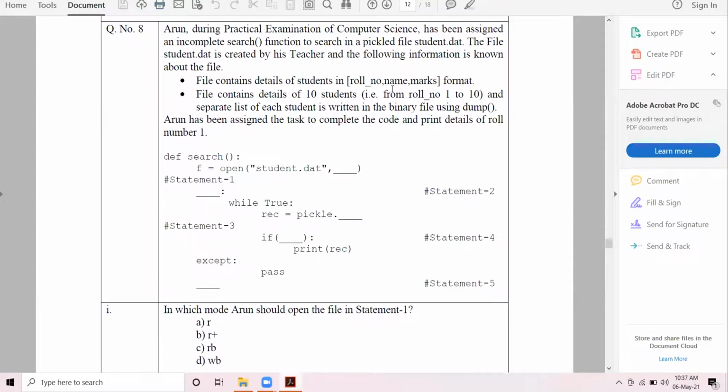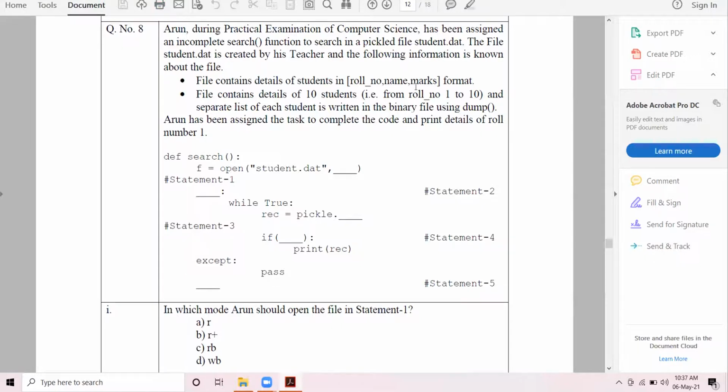Arun, during the practical examination of computer science, has been assigned an incomplete search function to search in a pickled file student.dat. The file student.dat is created by his teacher, and the following information is known about the file.